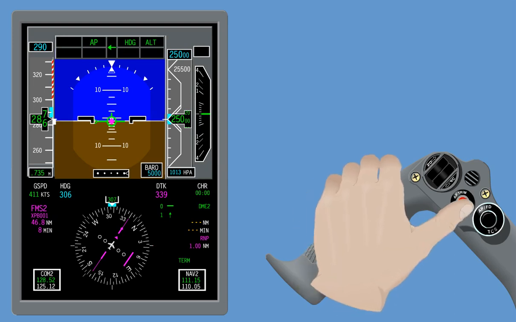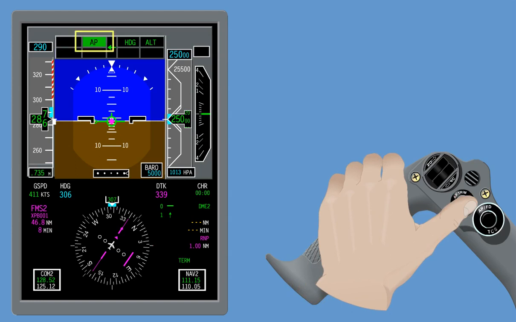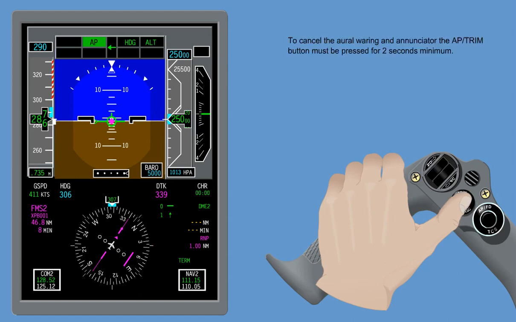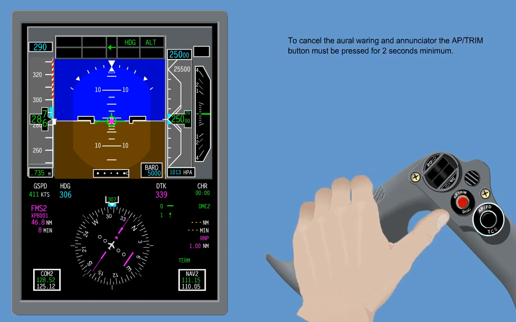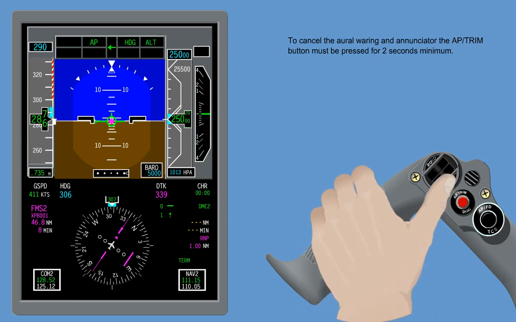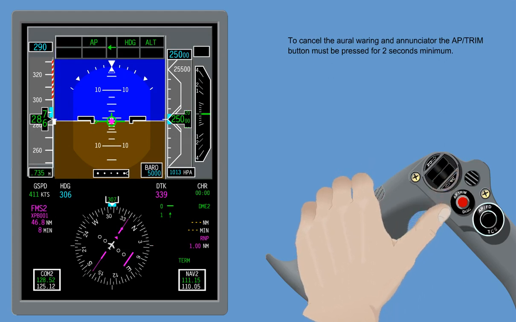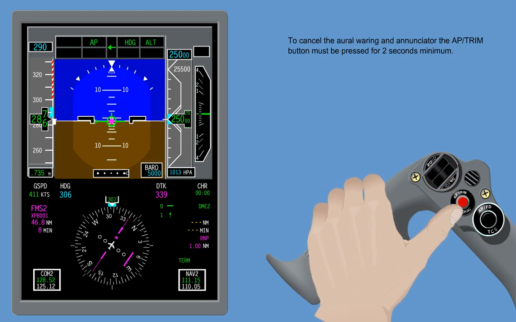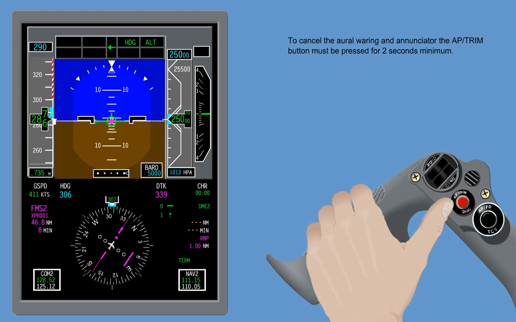Pressing the autopilot disconnect button manually disengages the autopilot, and the annunciation on the FMA flashes for at least 5 seconds. The second press cancels the aural alarm and the visual information. In case the autopilot is disengaged without using the autopilot disconnect button, the autopilot annunciation on the FMA also flashes for at least 5 seconds until the pilot presses the autopilot disconnect button on the control wheel to acknowledge the